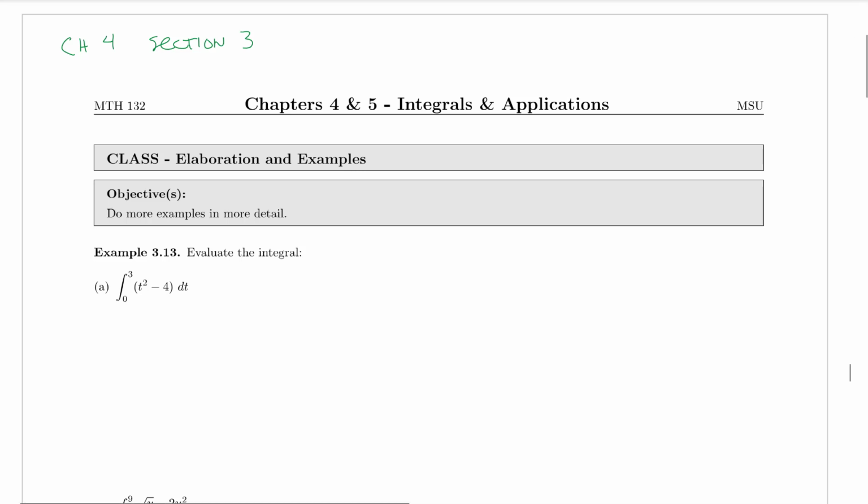Today we're working on Chapter 4, Section 3, which is the fundamental theorem of calculus. And what the fundamental theorem of calculus will do for us is it's going to make it a lot easier to calculate definite integrals, like we see here in the first example, by just evaluating the antiderivative. So we're going to do the first example here, and then I'm going to explain how this fits into a little bit bigger picture. So the way that you're going to calculate definite integrals using the fundamental theorem of calculus,